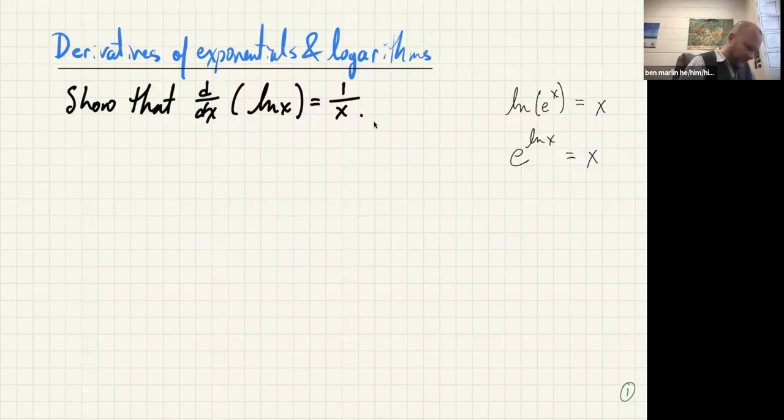So consequently, there's a little bit of restriction there, but our essential idea is that these functions are inverses of each other. Because of that fact, you can go ahead and write down that e to the ln x will be x. And if we differentiate both sides of that,